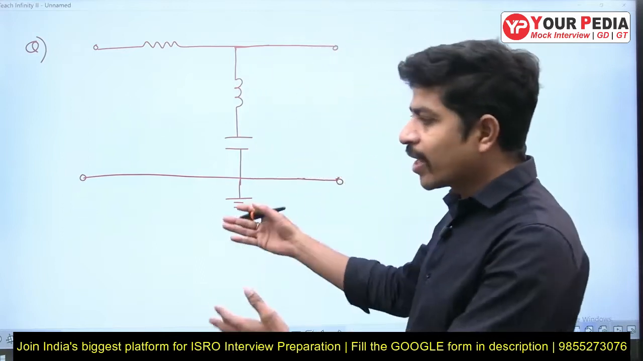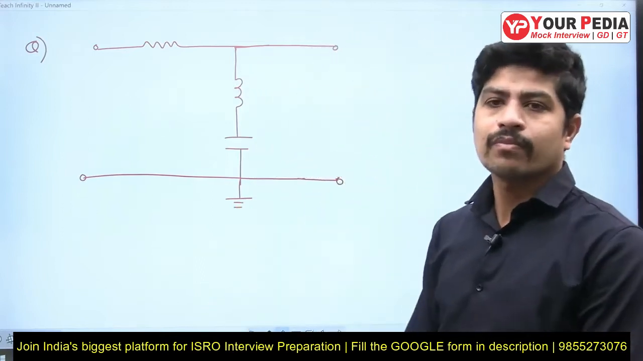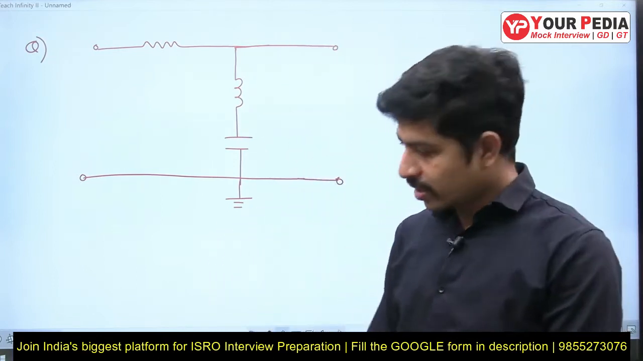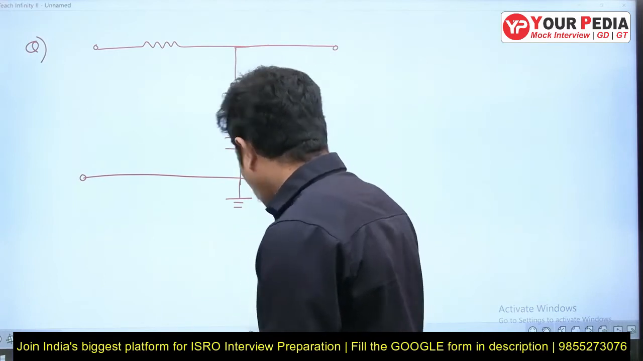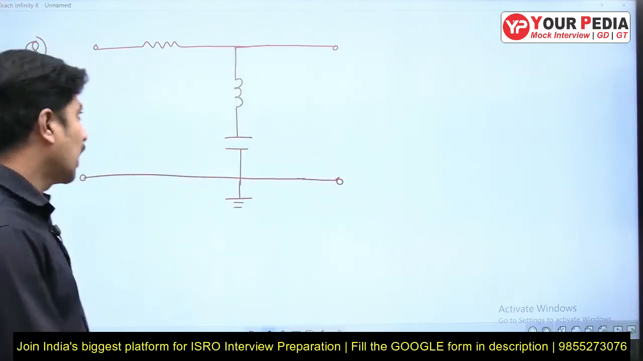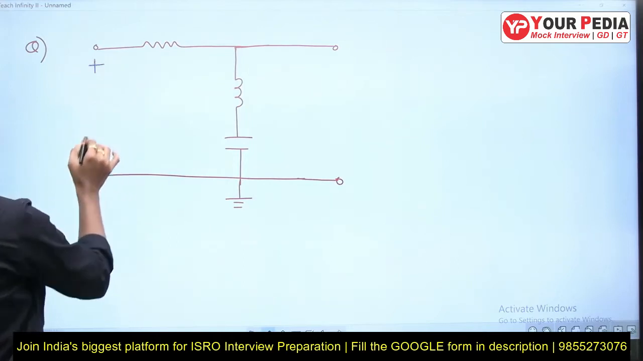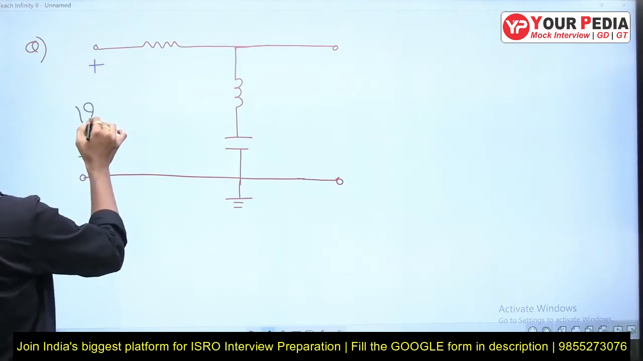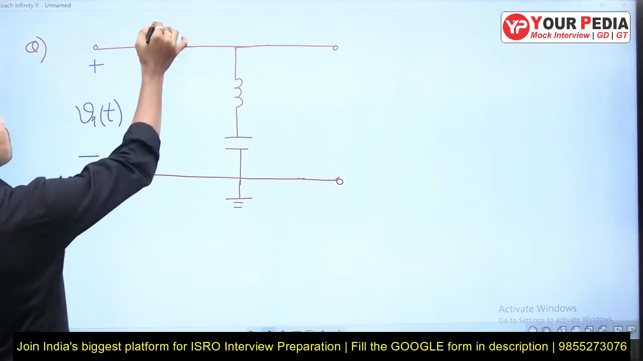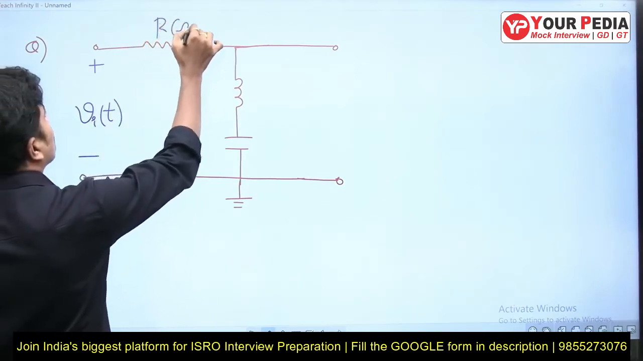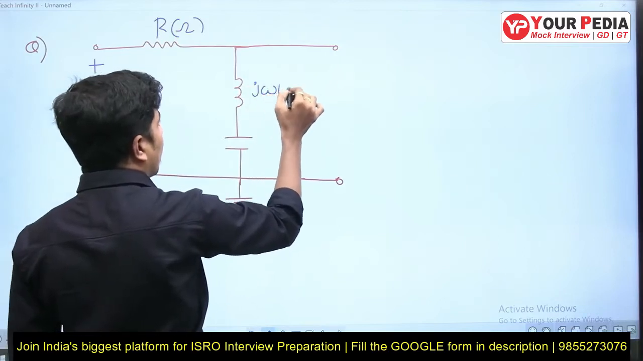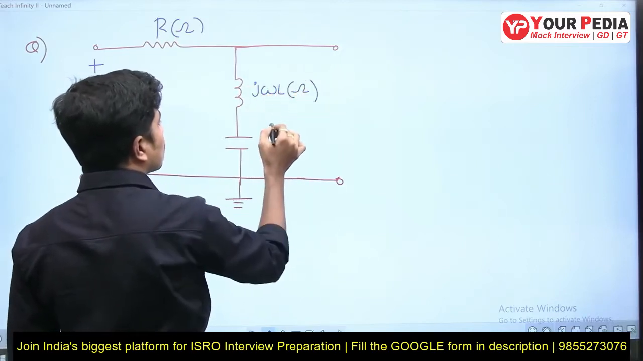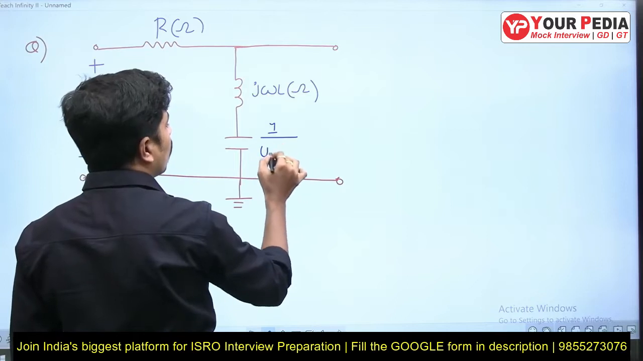See, the interviewer gave this circuit. They asked the candidate to draw a series RLC network, and said the circuit is operating in AC analysis. The analysis is AC analysis. Input is Vi of t, and this is resistance in ohms, and this will be j omega L in ohms. This is 1 by j omega C